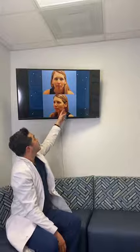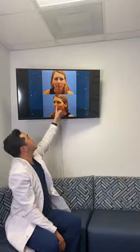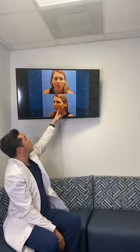Overall, she has a relatively thin face and not super big facial features. But in terms of this jawline, that looks really nice, so I didn't have to do anything with that jawline. But in order to help her with this area, I would say that her cheeks are actually a decent volume. So her triangle of beauty isn't necessarily anything that I would have to change. In fact, the only thing would be right here, where there's a little bit of etched in lines